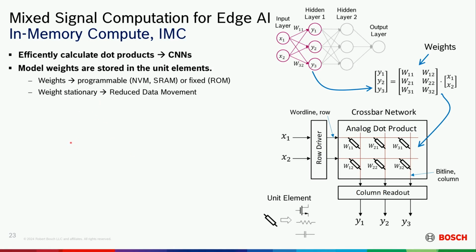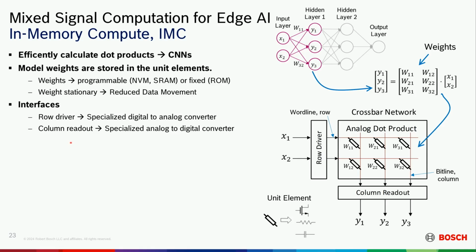There's multiple different ways to do that, but the idea is then to store these weights locally. So that's the weight stationary part. And the interfaces can vary. They can be just digital or they can be specialized. For instance, the activations can be specialized digital to analog converters. It can be a full voltage output based DAC that you're driving, like for instance X1, or it could be pulse width modulated. So you could have a 4-bit input activation and you get 4 bits with different pulse widths. And then you're storing